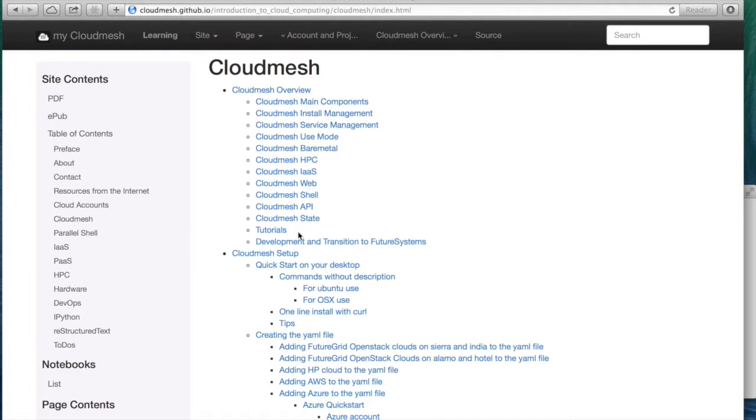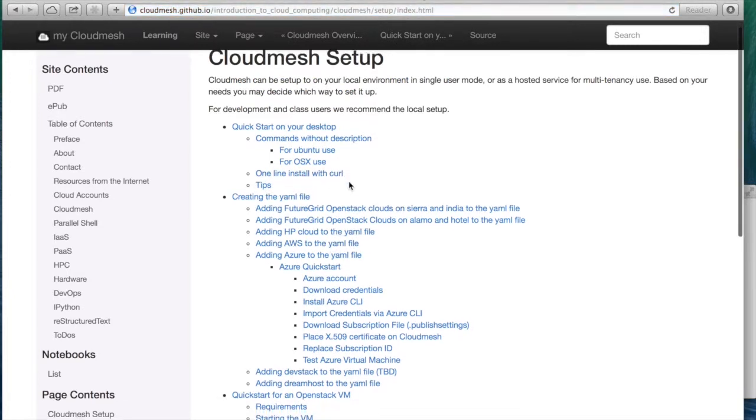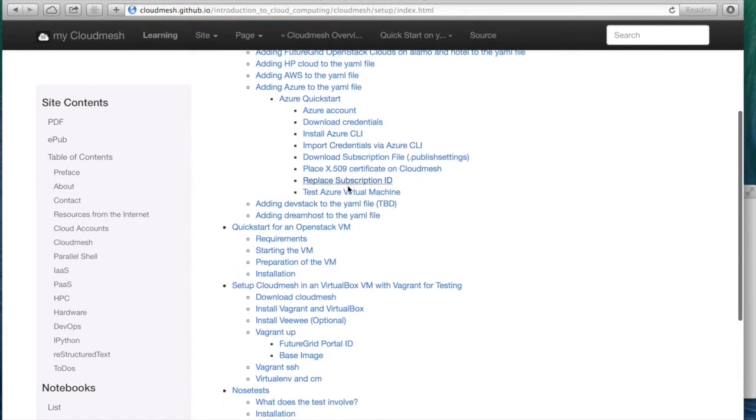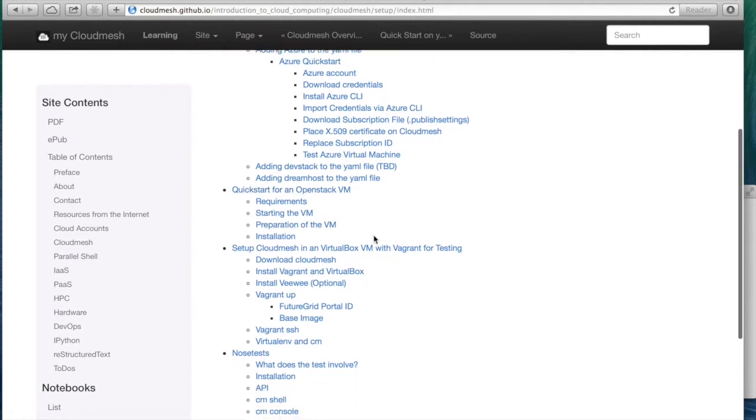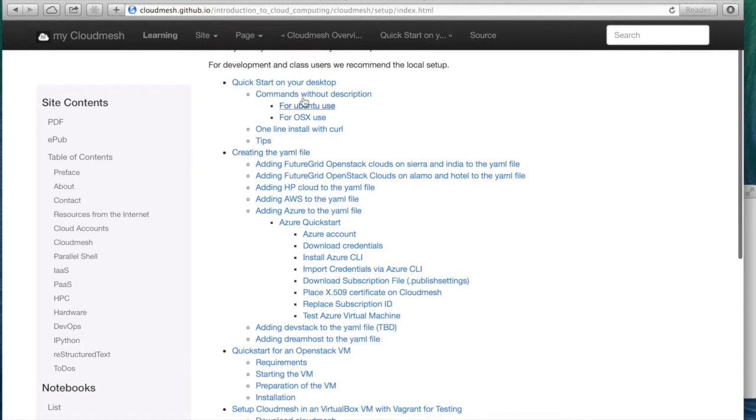Previously, we gave you already an overview about the many features of Cloudmesh. This was just a very brief overview. So we will be learning as we go a little bit more after we have installed Cloudmesh. So let's set up Cloudmesh. We go to the setup page, and we have a variety of setup mechanisms. One is in the OpenStack VM, and one is, for example, as a virtual box. But here we will be talking about how to install it on your laptop or desktop machine, and we visit